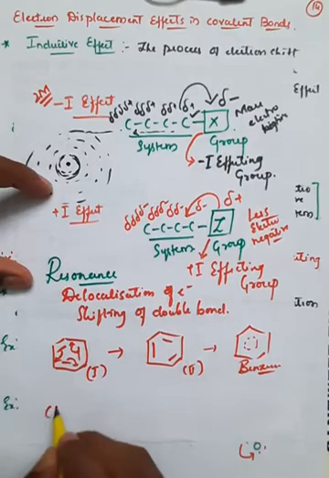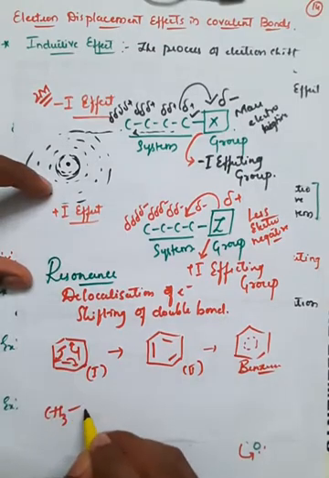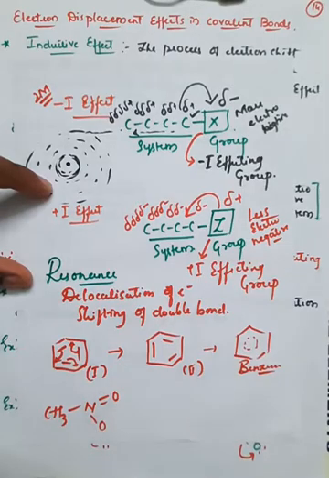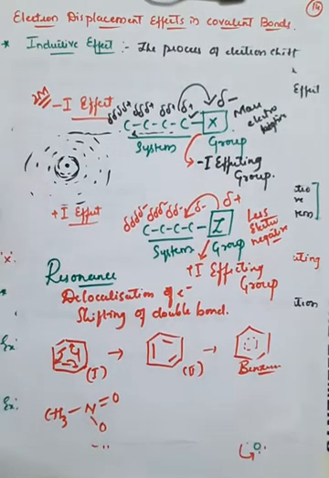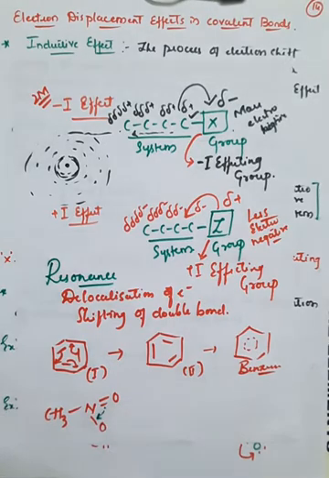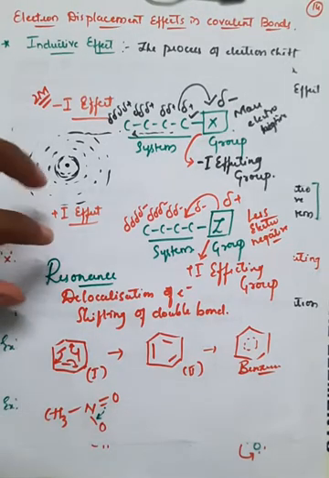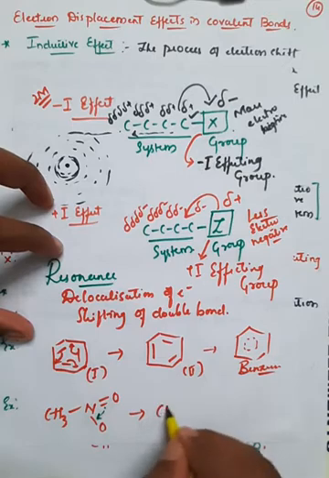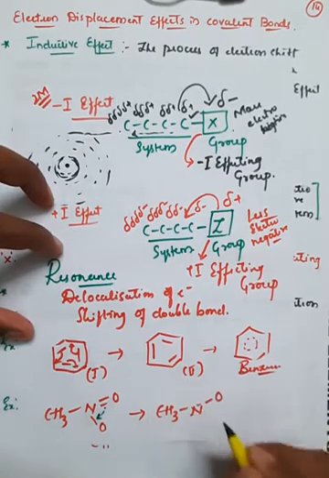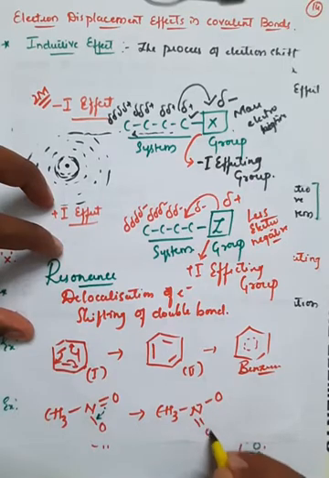Similarly, in the case of a molecule CH3 bonded with nitrogen, further double bonded with oxygen and single bonded with oxygen, right? Here, due to the shifting of the double bond, one more canonical form can be given: CH3, that is N, single bonded with oxygen and double bonded with the other oxygen, right?